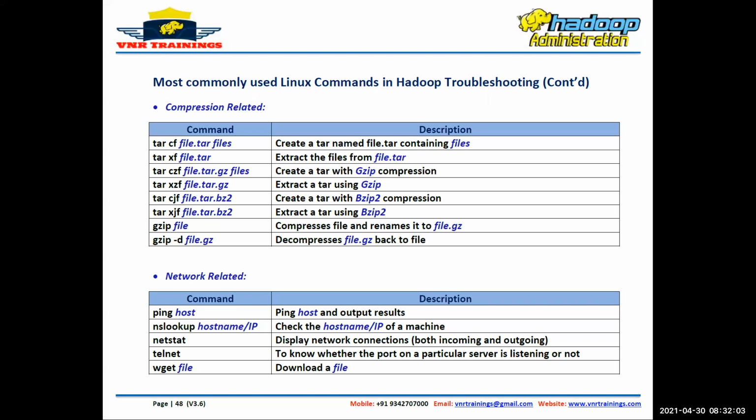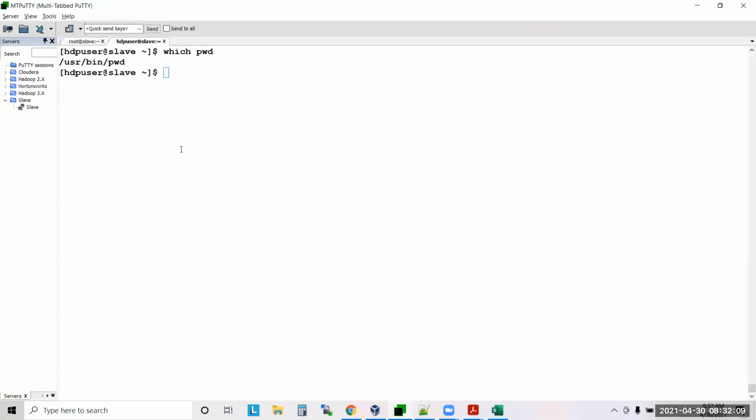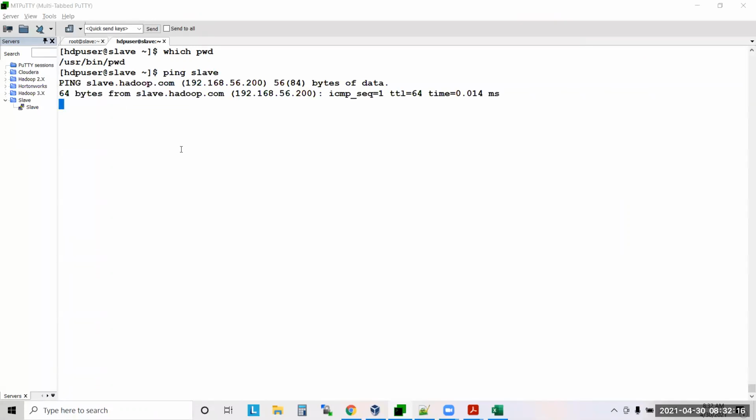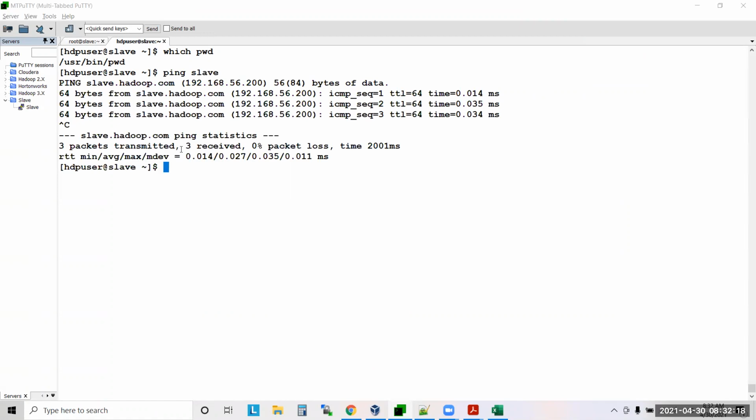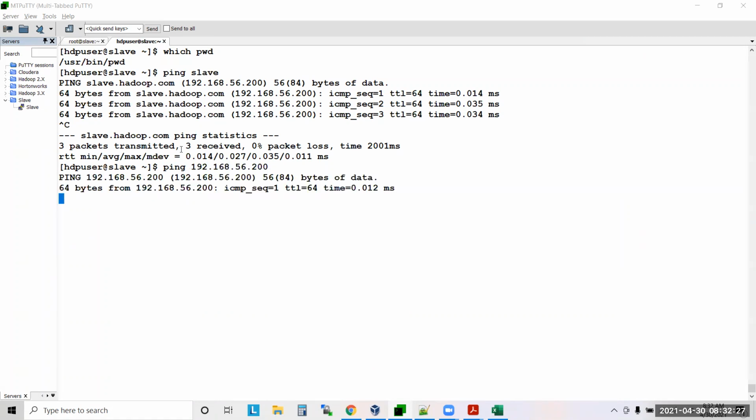There are some network related commands also. How do you check whether a server is listening or not? Using the ping command. For example, is the slave listening or not? ping 192.168.56.200, and it will tell you whether it pings or not.